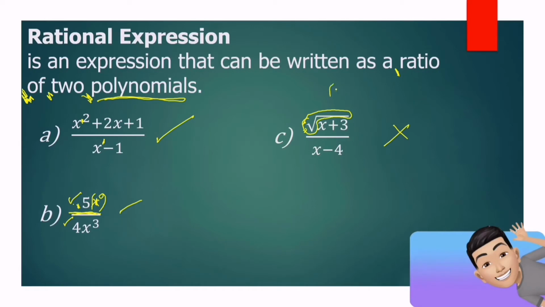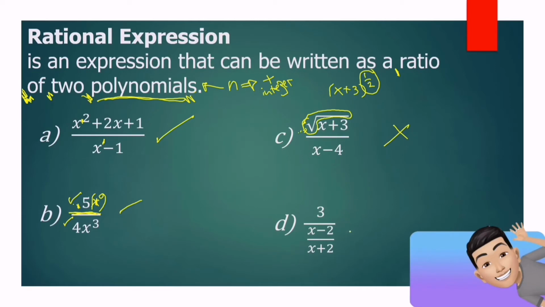Ang ibig sabihin niyan, yung expression na x plus 3 ay naka-raise into a fractional exponent, no? Na 1/2. So, di ba dapat sa polynomial, n must be, kapag polynomial, n must be a positive integer. Bawal ang fraction. So, yun yung naging dahilan kaya si C ay hindi rational expression. And then next ay